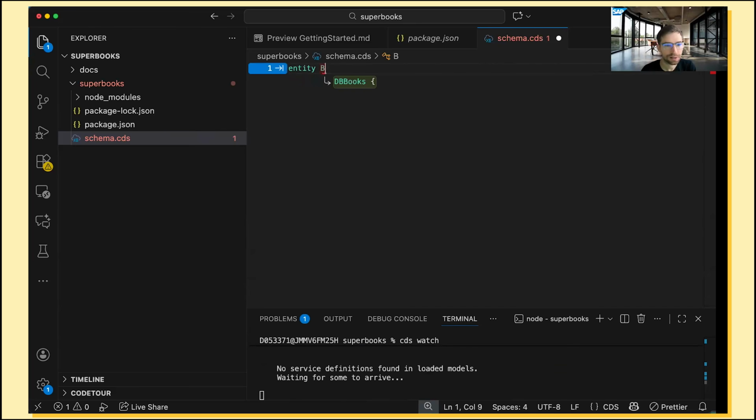Okay, and now we can actually start writing our domain application. First we will start very, very simply here. We can say, okay, I want to have an entity books. Here it's now database books. And what should it